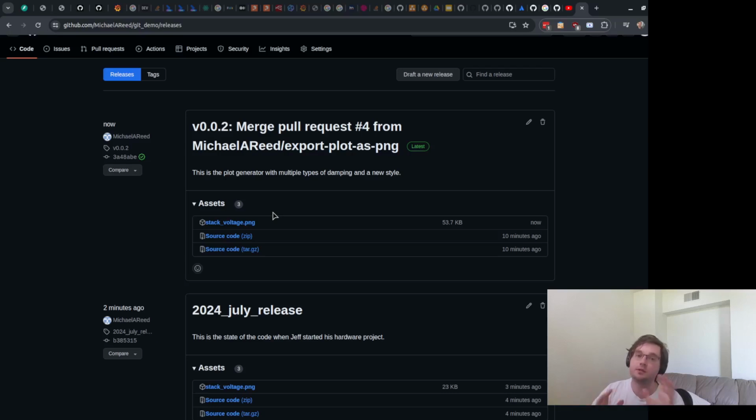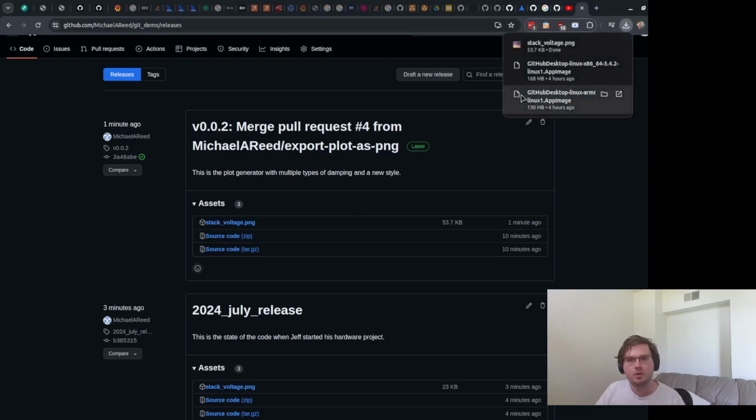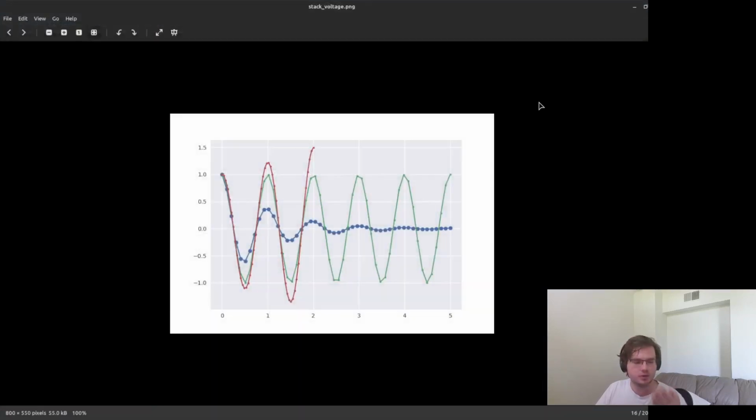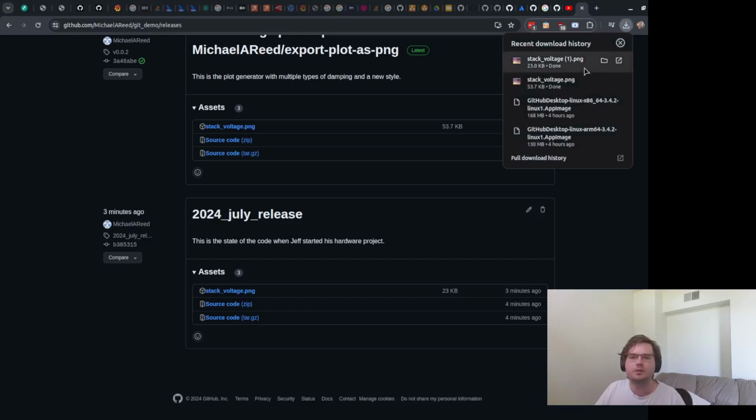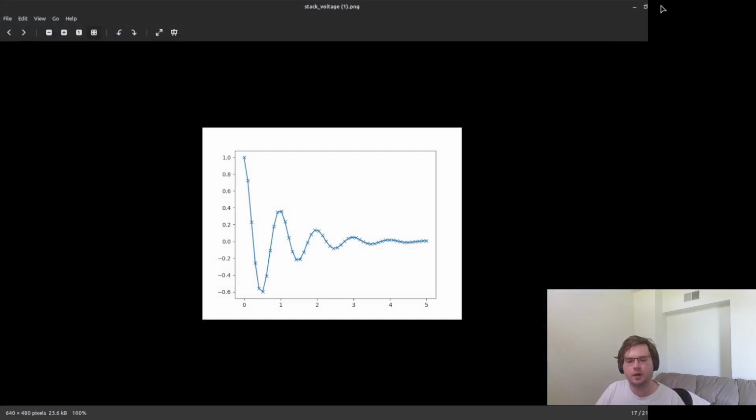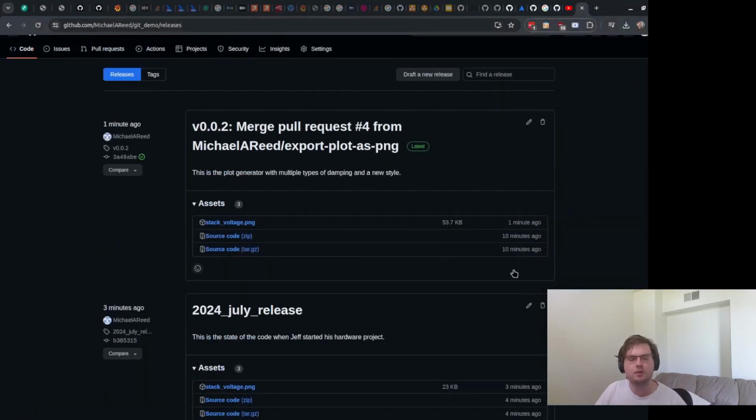Another example is I use Git to track all of my PCB designs, and whenever I generate the manufacturing files for a new PCB design and send them to a manufacturer, I save that as a release. So that when I get the PCB and I see some problems with it, if I need to see exactly what the manufacturing files looked like at that time, I can go to that release and check what that release file looks like, which is the plot as it is there. And then if I need to go back to the original version, and maybe Jeff needs to refer back and see what the issues were that we originally saw there, he can go back and see that original file as well. And this is where you generally will want to keep those generated files inside releases, not inside your source code on github.com.